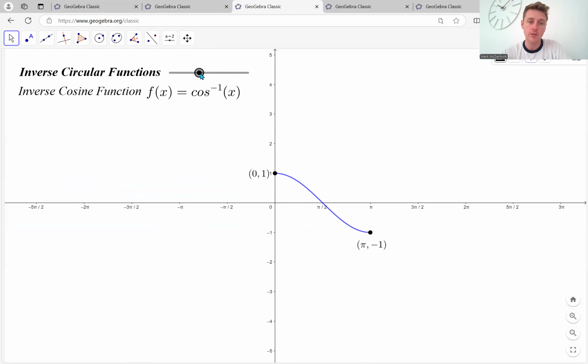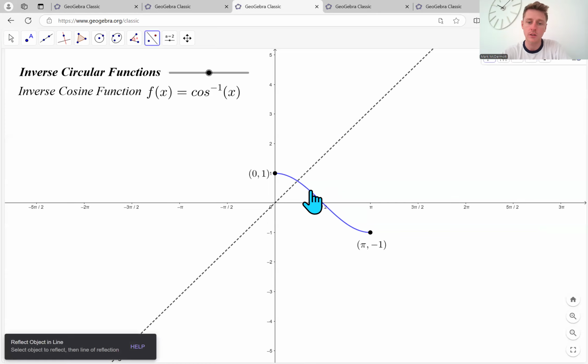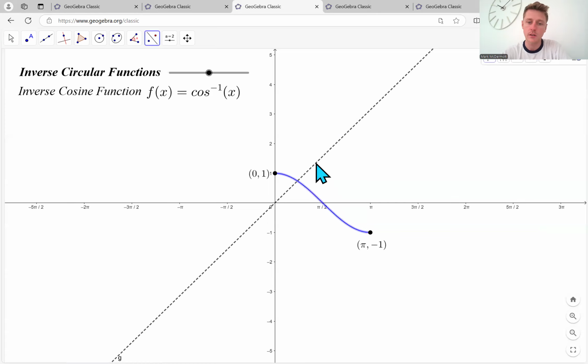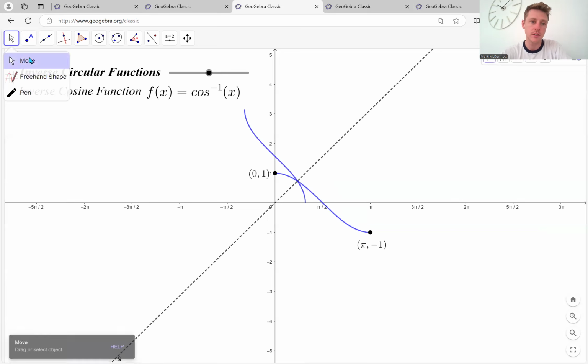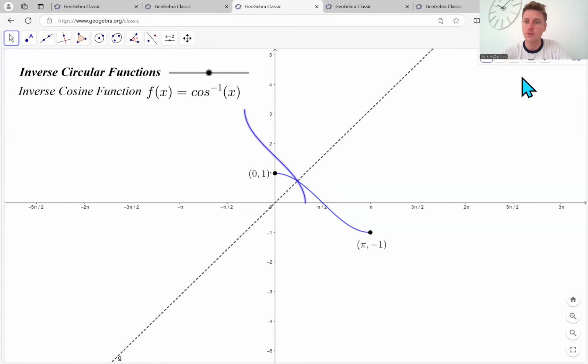Again, what we're going to do is reflect it in the line y equals x. So if we go reflect object in line and click that, we get this graph here. Again, let's change the color so you can tell the difference. That is the inverse cosine function, which is pretty neat. Similarly, the endpoints will swap as well. So the point that was pi, negative 1 becomes